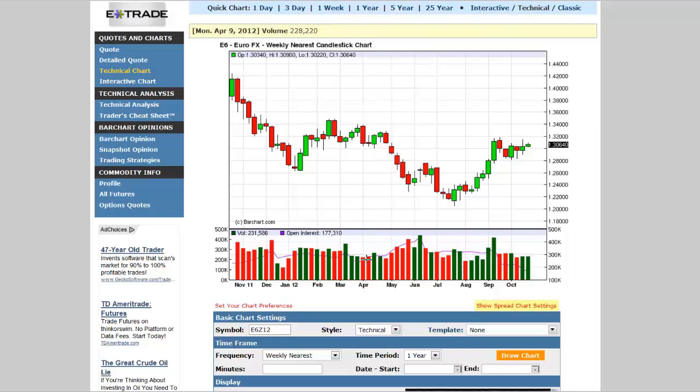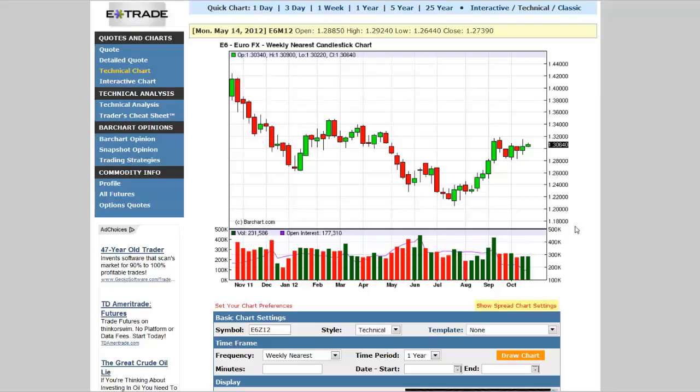Notice we saw open interest increasing. That's a nice increase of open interest during a time frame in the year when we would expect to see weaker prices. Also, we have an optimal trade entry from this high to this low, traded right up into that at the beginning of April. So we now have optimal trade entry during a time when we're seasonally weak, when we're expecting firmness in the dollar.